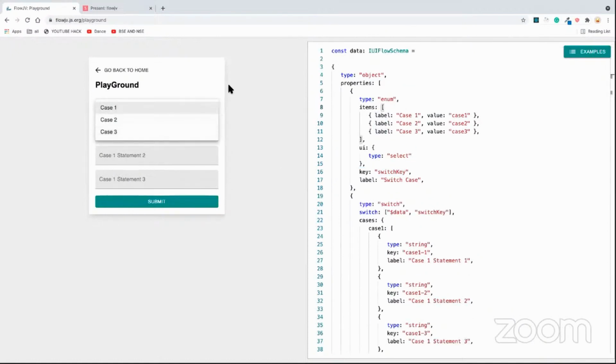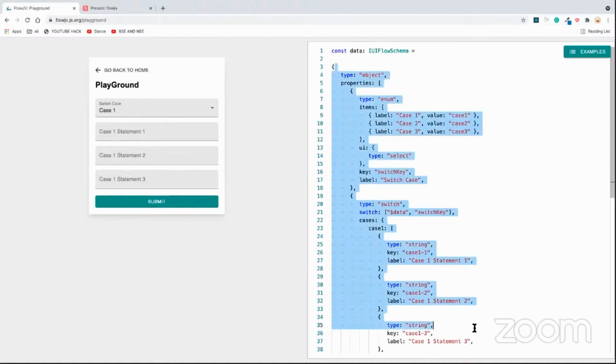So why do we need this? Why do we need a completely different way of representing data in terms of FlowJV? I would say there are a couple of reasons. Number one is, all your data requirements are not tied with the UI anymore. All your data requirements are stored within a schema, and that schema defines how the UI should be and how it should be validated on the server side.